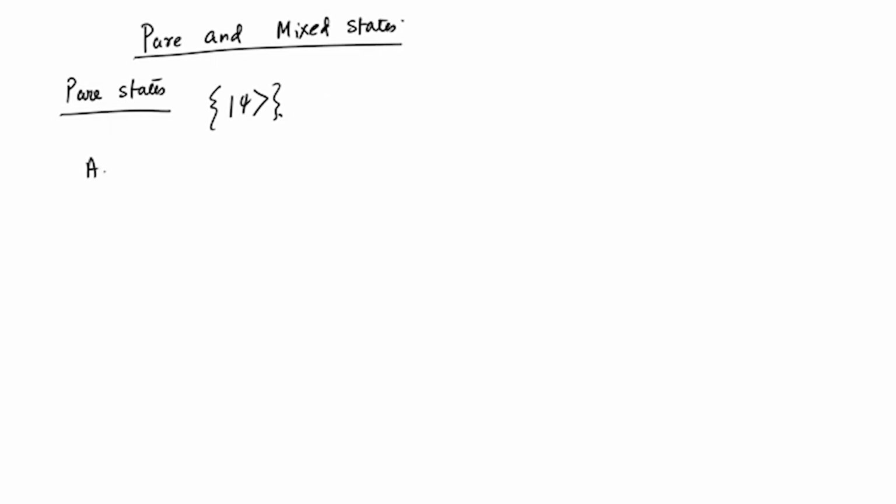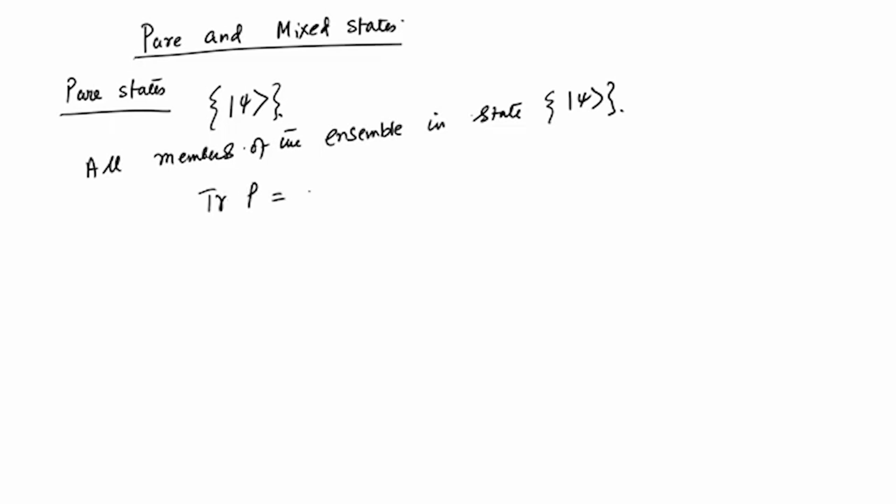Okay. So, in this state, the trace of rho, which is the same as the trace of rho square, should be equal to 1. And of course, we can define a mixed state